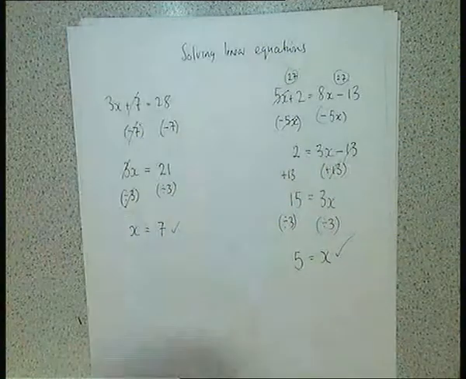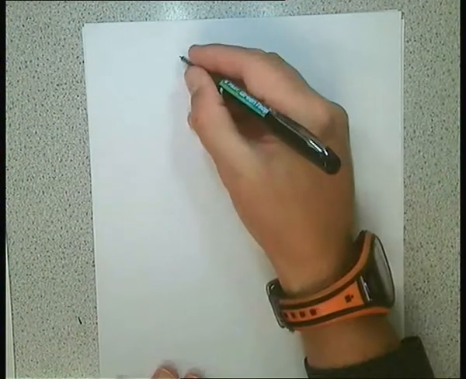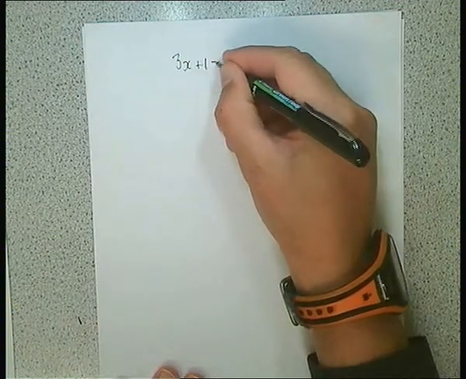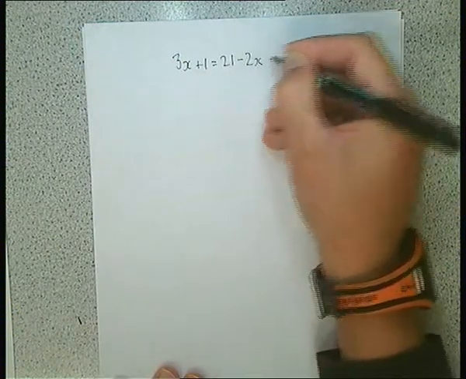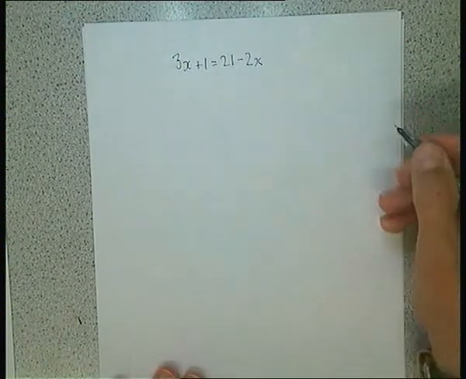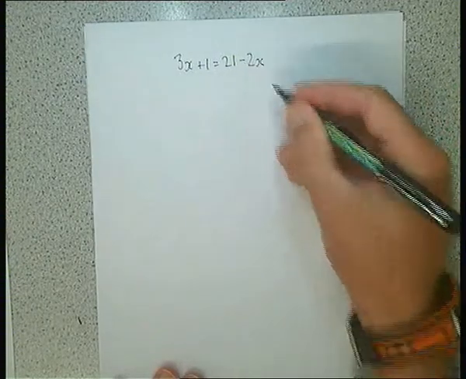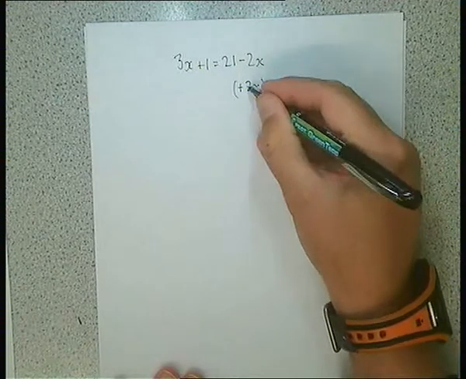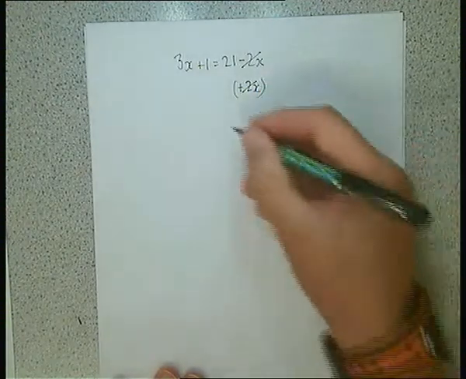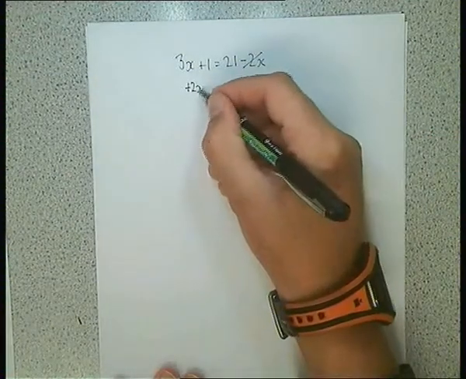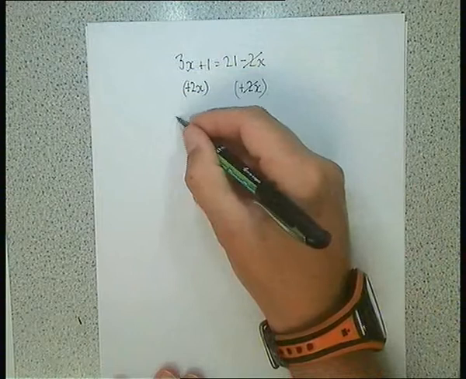Okay, so the last one I'm going to do is one that's slightly different, and that is 3x plus 1 equals 21 minus 2x. My smallest value of x is minus 2. Minus 2 is less than minus 3. So because it's subtract here, I have to add. So I need to add 2 x's, and because they're opposite signs, I can cancel, and that gives me just 21 left here. I have to do the same here. Remember, I'm adding this time,